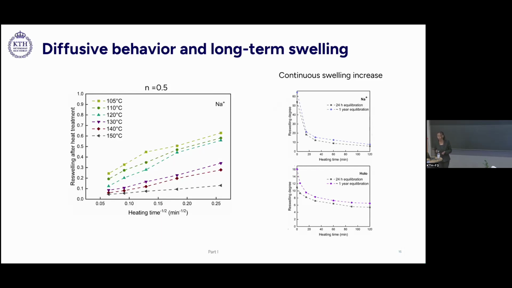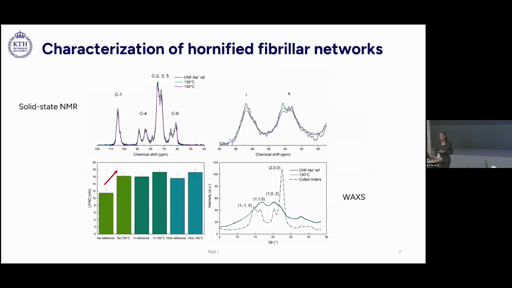We further characterized the aged CNF sheets, and we used solid-state NMR to evaluate the supramolecular structure at various degrees of heat treatment, and WAXS to evaluate the crystalline ordering of the fibrils. Here we did not find an increase or change in the degree of crystallinity, which is related to the ratio between the signals assigned to the surfaces and interiors of crystalline domains. However, by spectral fitting, we obtained an increase in the fibrillar aggregate dimensions as a result of the heat treatment, and this was significant with sodium as a counter-ion.